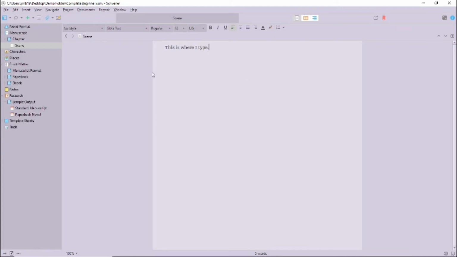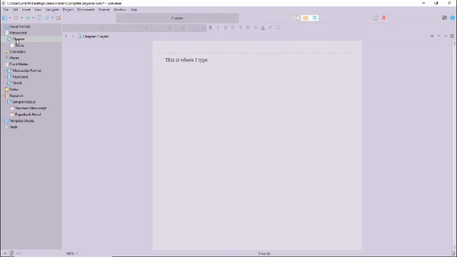Now, let's talk about structure. Scrivener isn't like a word processor. It's more like the structure of the files on your hard drive. You have folders and you have individual text documents. You'll see one of each of these down the left-hand side of the screen, plus a number of other files. This area of the screen is your binder. This is where you will define the structure of your project.